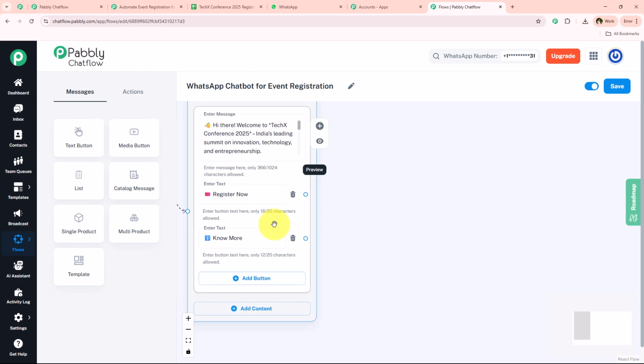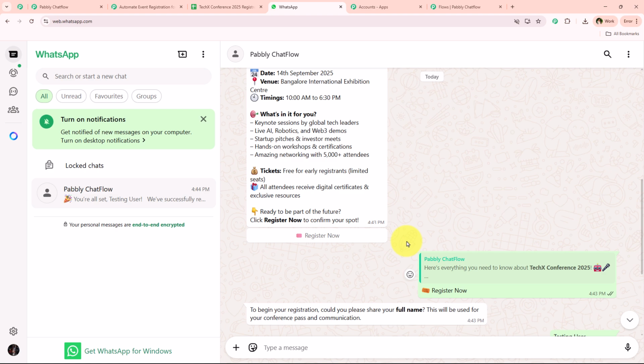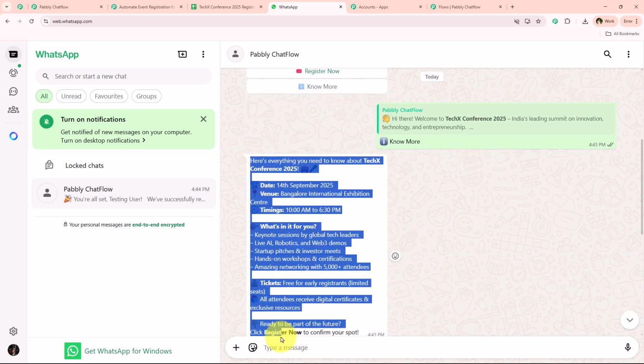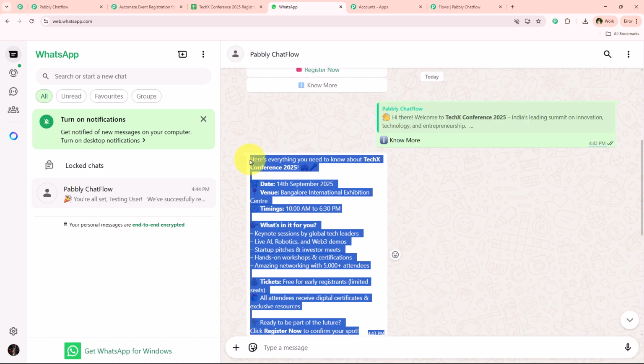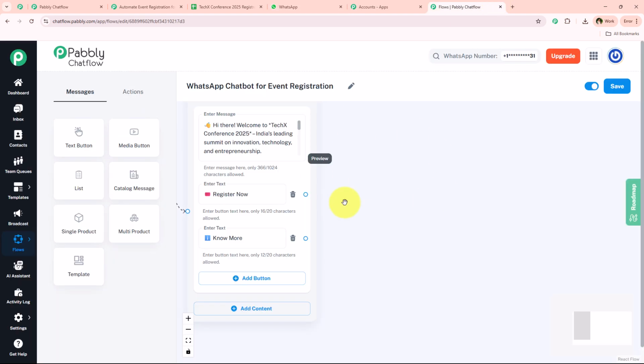First, we're just going to start with no more. So to set up this message for no more, I'm just going to send them a message something like this. So I'm just going to simply enter this same message. For that, I'm just going to simply open this chatbot, and I'm just